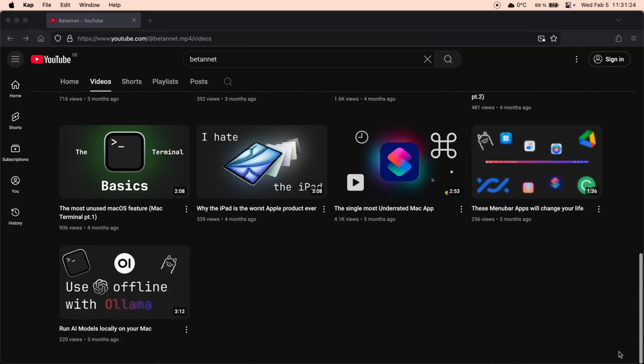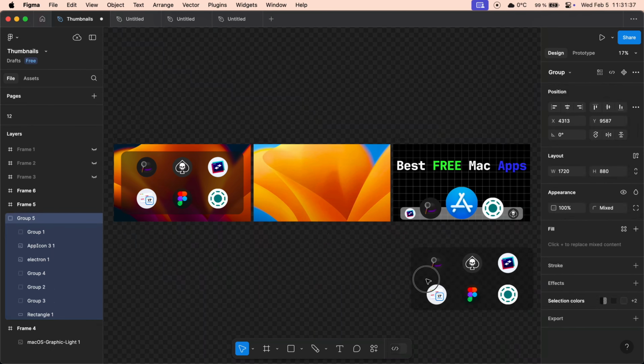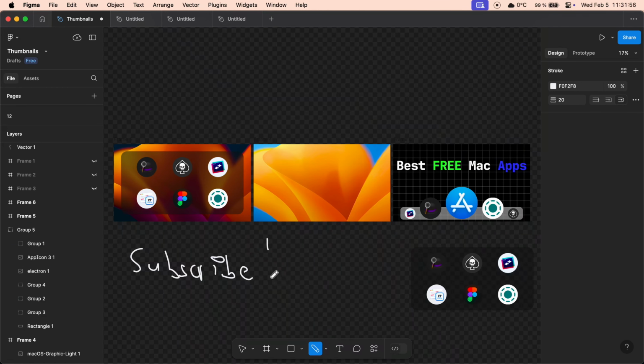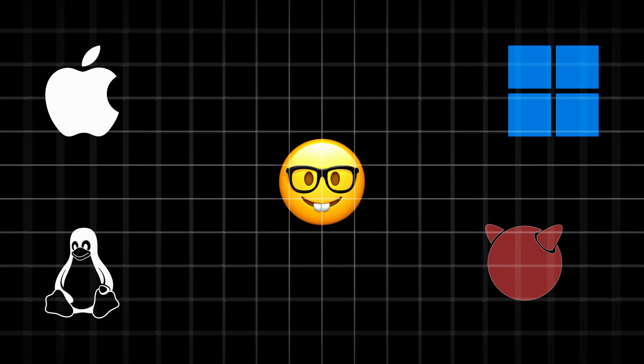These videos have thumbnails, and I make them in Figma. It's actually a software design tool, a widely used software design tool, but it's also great for thumbnails and generally graphics. I'm a computer nerd, so I love to use several operating systems at once, but with an Apple Silicon